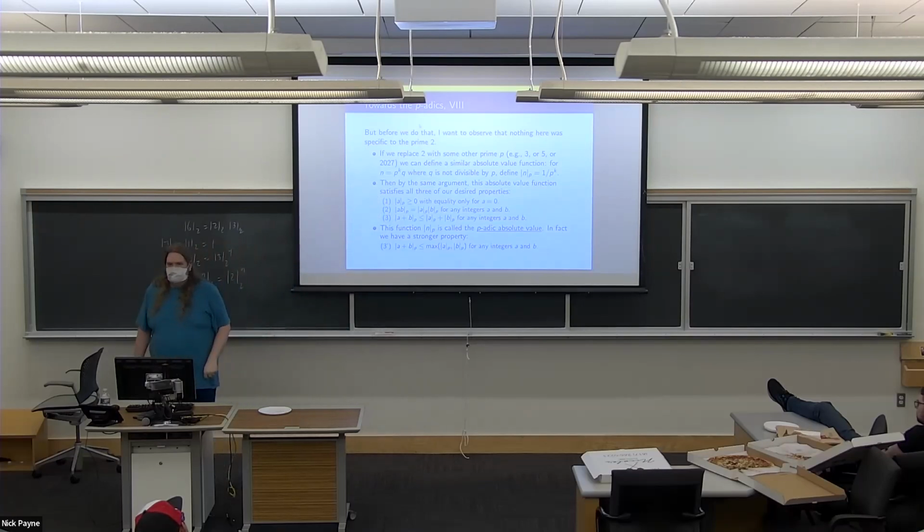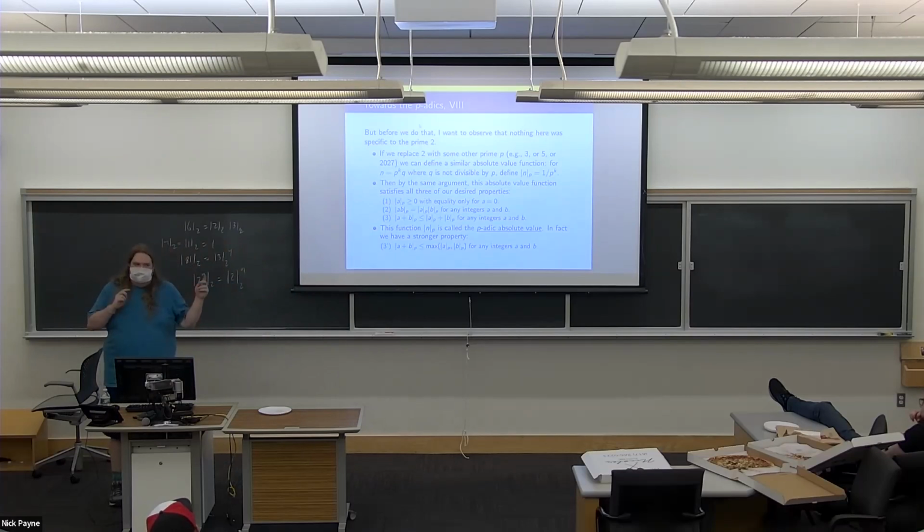Yes. Can't have composites because of the triangle inequality. Yeah, the triangle inequality doesn't work if you try to do it with 6 or something like this. You just end up with something that breaks down, because you can't figure out what the absolute value of 2 and the absolute value of 3 would have to be. They would have to both be less than 1, is the argument that you give, and that causes a contradiction. So, all right.